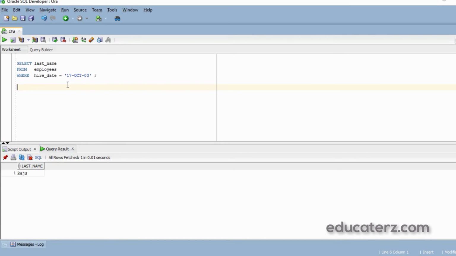We are basically discussing the where clause, and in the where clause I am using the dates. Date formats are specific to database server vendors such as Oracle, MySQL Server, DB2, Sybase, etc. You have to refer to those documents when you are working with those database servers.